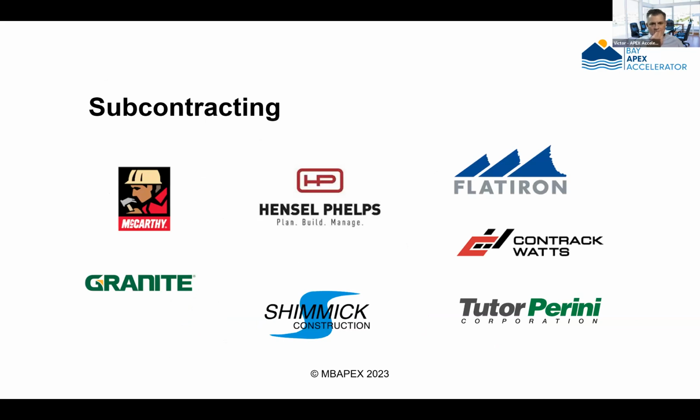And to give you an idea, and again, this is just an example in construction, but all these big companies that you see here, these are big players. They're always looking for quality subcontractors to work with on projects. In fact, I just got an email today that there's a company that again is like a global construction company called Fluor that they're doing outreach. So one of the things you want to do if you're in construction is reach out to these companies. They all have their own databases that they like you to sign up in. So it makes it easier for them to notify you when they have projects coming up where they need to